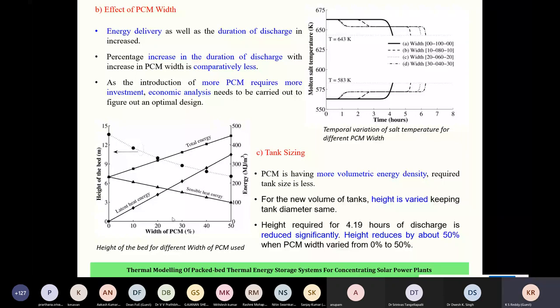Tank size also plays a major role, and volumetric energy density is important for the given size. So the volume of tanks and the height is varied, keeping the tank diameter the same. If you go for higher heights, then your pumping power will be different because it increases. So therefore, we cannot go for taller tanks. If you have taller tanks, what happens is the thermal stresses are higher, and then structural stability is also